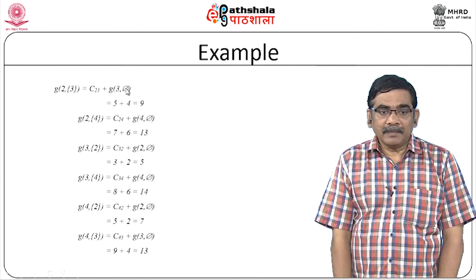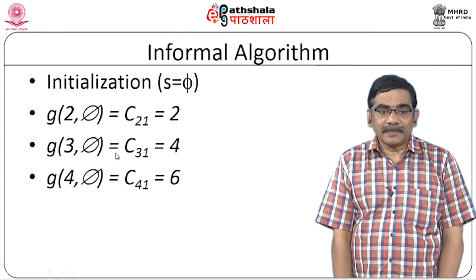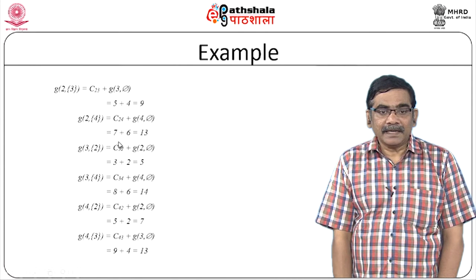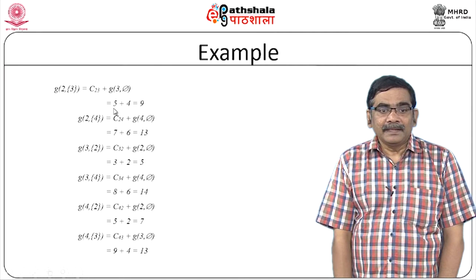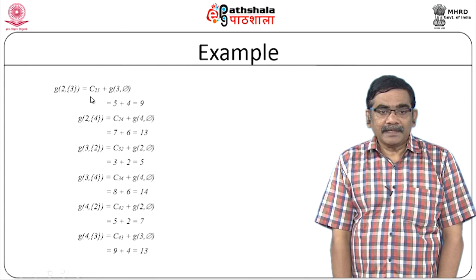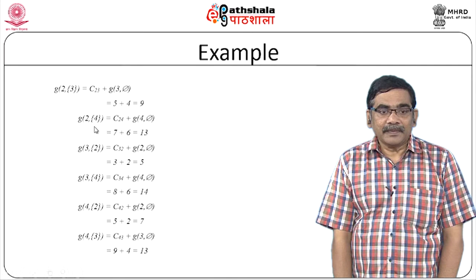G of 3 comma 5 we have already computed, so all we have to do is plug this value here. The cost of 2 3 is 5, then G of 3 comma 5 is 4, therefore it is going to be 9. Keeping this template, we can keep on computing g of 2 comma 4,